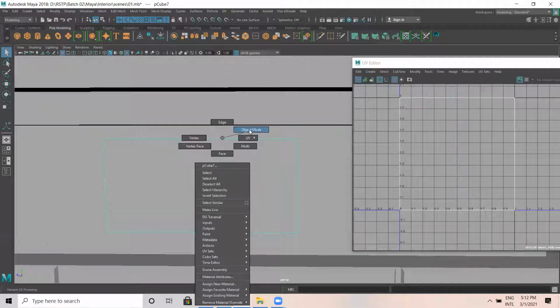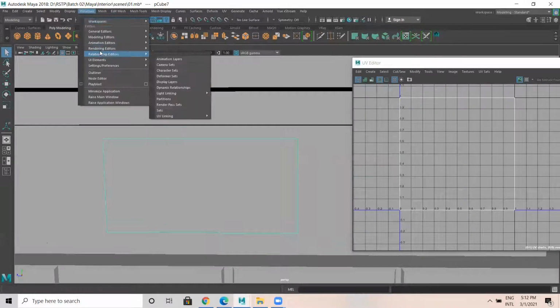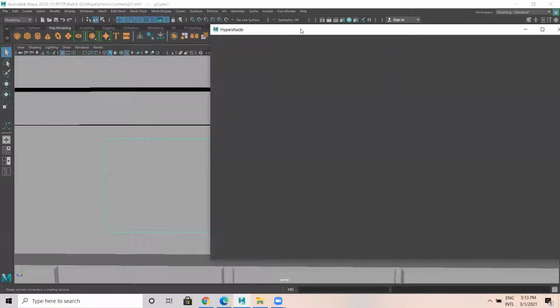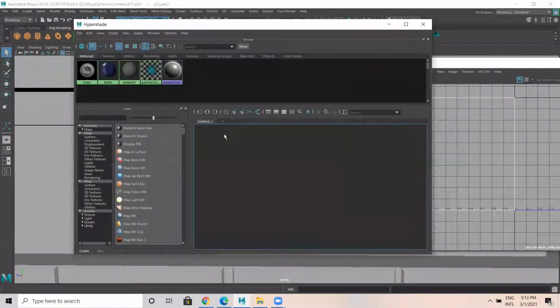Understood? Any doubts? No, sir. So in parallel, what we'll do, let us apply material. Let us apply texture as well. So this is hypershade, this particular sphere. This is hypershade, which you have here also. Go to window rendering editors, you have hypershade. Same way here also, there's hypershade. Click on this, you get a hypershade window. What is the purpose of hypershade window? This is a place where we do texturing, the linking of the texturing part and all.